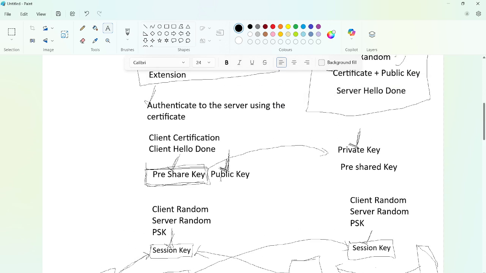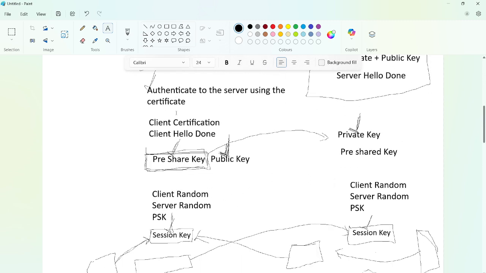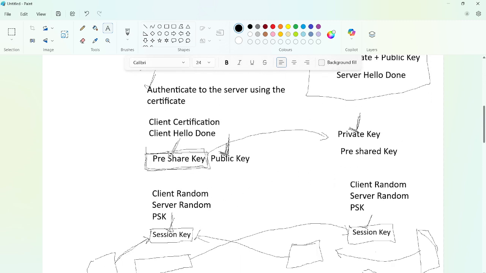Yeah, using some algorithms, the client is going to generate a pre-shared key. It is sent to the server over the public network, and that pre-shared key will be encrypted by the public key.